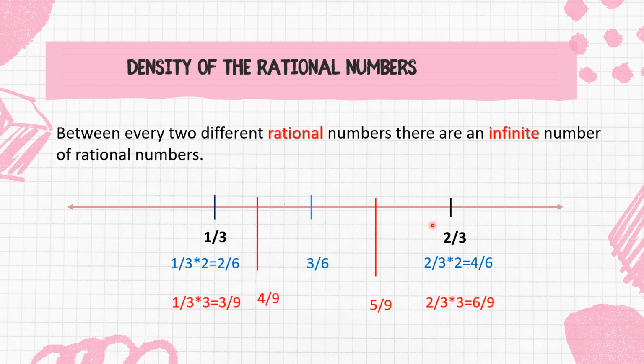So the key word here, or the tip here, is fragment. We fragment the number line into little pieces, smaller and smaller, so we get more and more rational numbers. It is fractions, that's why we can fragment it and have an infinite number of rational numbers between each two numbers. Okay,